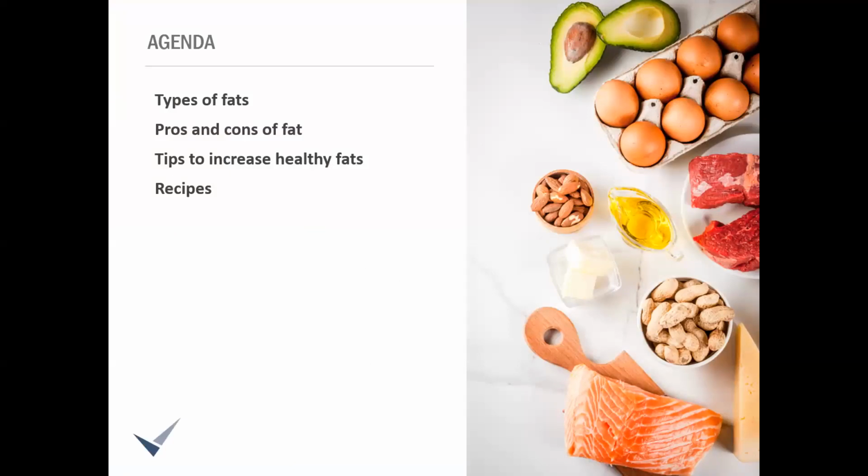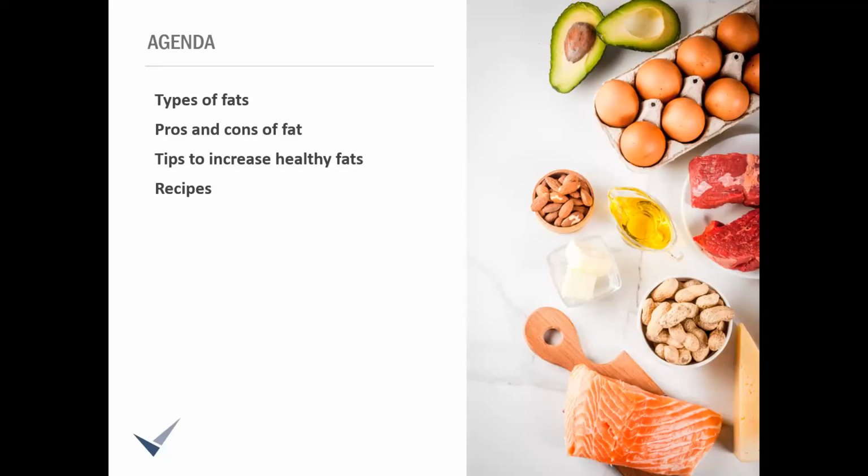All right, so what is on the agenda for today? Fat. It's a word that most people think of in a negative way, right? And fat in our foods specifically was something that was advertised to be the worst thing you could possibly eat really not too long ago. But times have changed along with our knowledge on how fat in our diets affects our health.